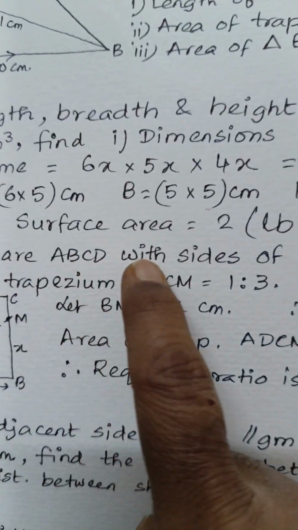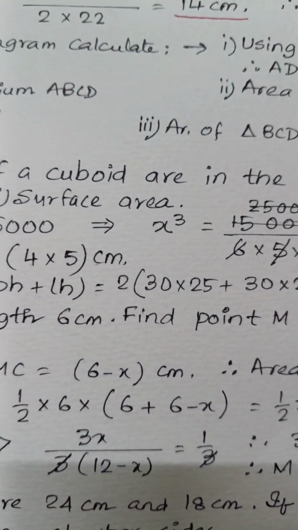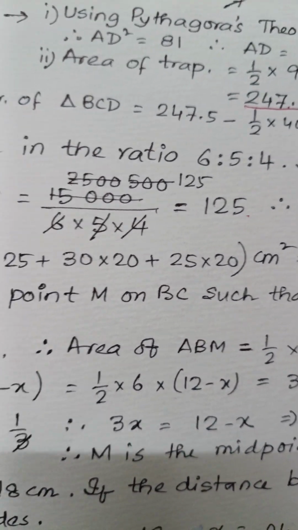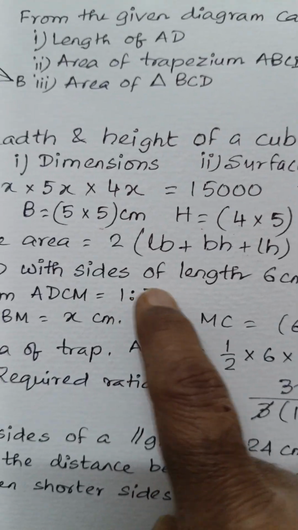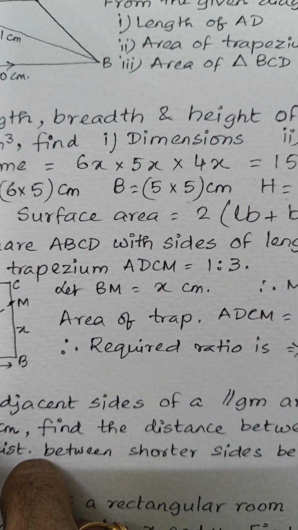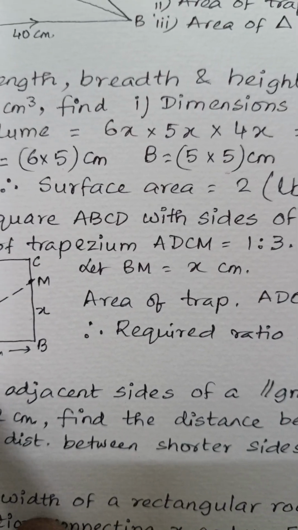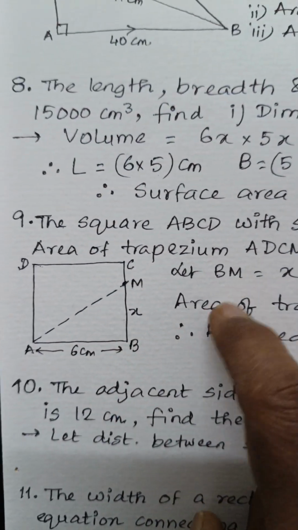Now number 9. Number 9 is the square ABCD with sides of length 6 centimeter. Find point M on BC such that area of triangle ABM is to area of trapezium ADCM is 1:3. Area of triangle ABM, this is area of triangle ABM, and area of trapezium ADCM,